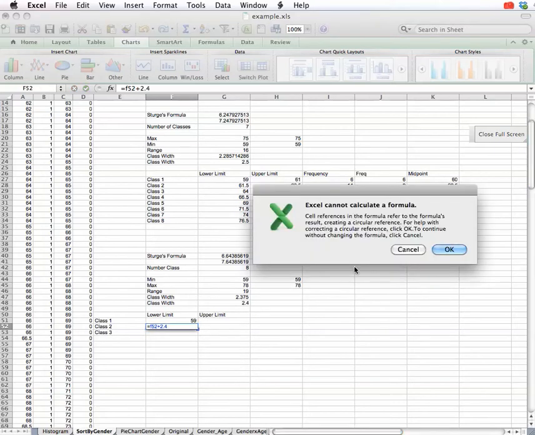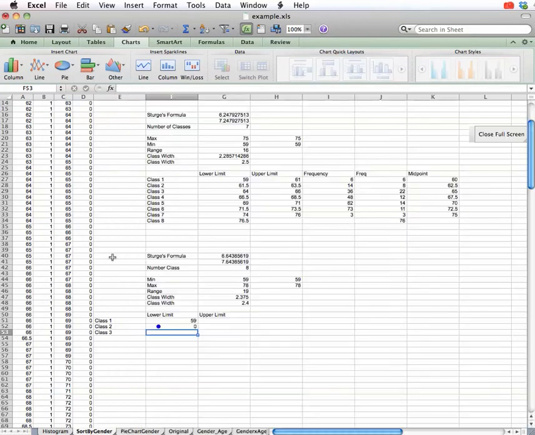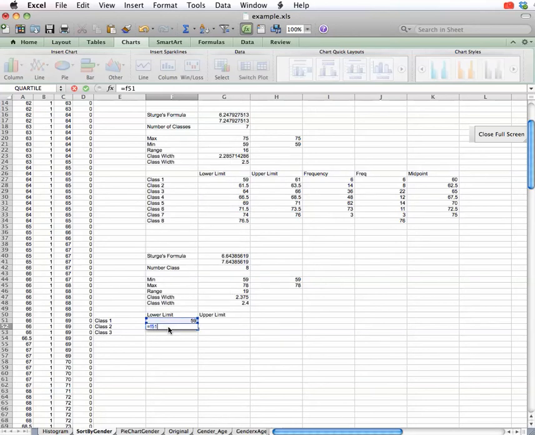And that would be, oops, I don't know what happened. I didn't see it. So let me erase this. So this would be my F equal to F51. Oh, I just create a circular one plus the 2.4, and there we go. Now I can keep doing this by just doing Control C and then Control V, copy and paste these, and